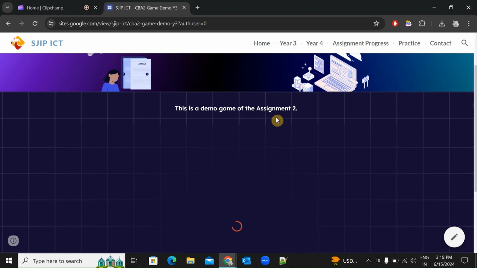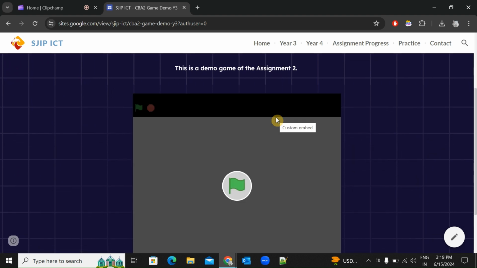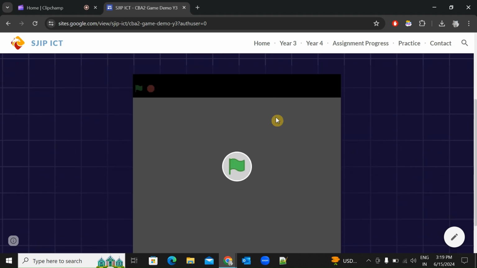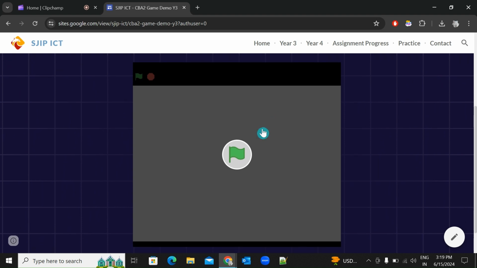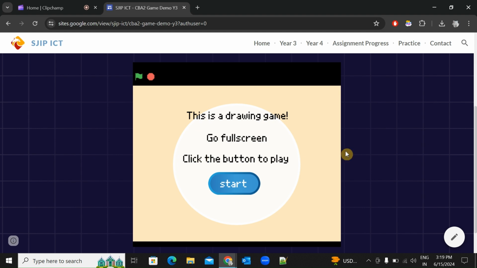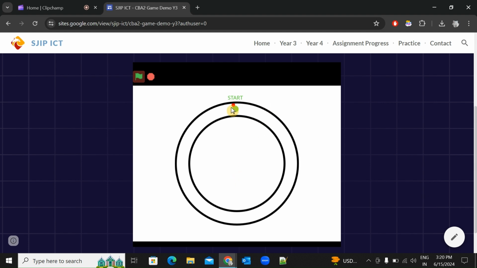So for year 3, we are using a drawing game. Let's click on the green flag. You don't have to go full screen, but you can play it. Let's click start. This game is very simple. All you need to do is click on the green dot to start